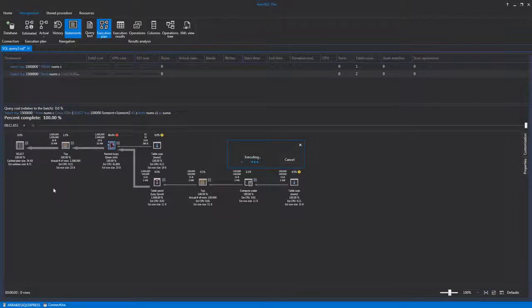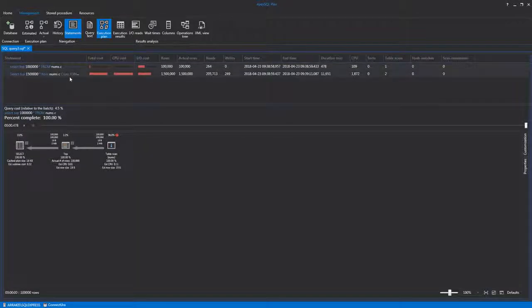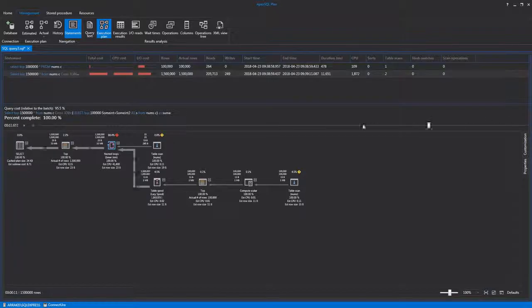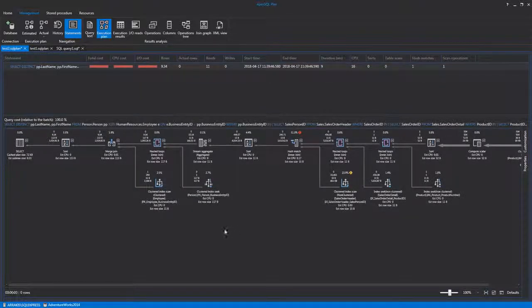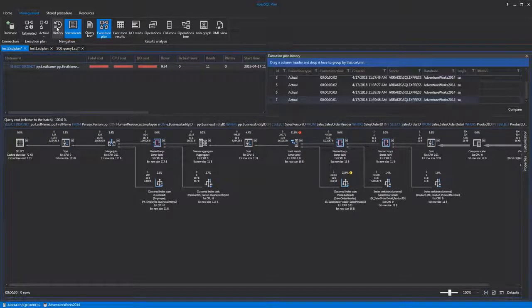The whole execution process will be recorded, so there is no need to monitor the process. For the execution analysis, use of Timeline Slider can set plan view to any moment of the process. In case of multiple query executions, it is possible to compare statistics of several executions of actual or live plans